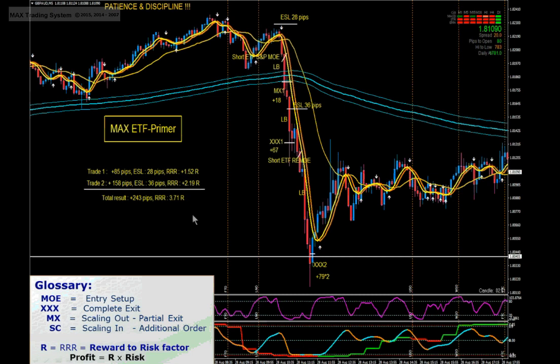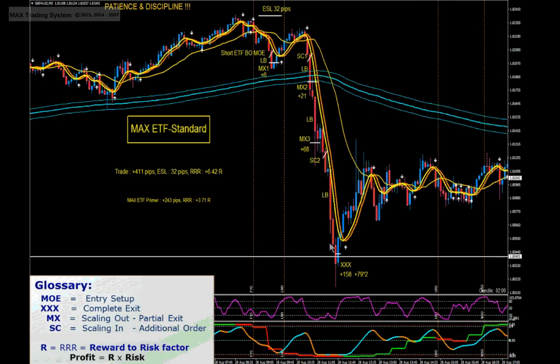You have the kind of result here with a total reward to risk ratio of 3.71. And the same movement with the scaling technique gets one unique trade with several scale-ins, two scale-ins in fact, and several scale-outs, producing a result which is, in this case, almost two times larger than the Max ETF Primer. On this chart, in this example, you see one additional ETF, which stands for extended trading format, as Craig has explained